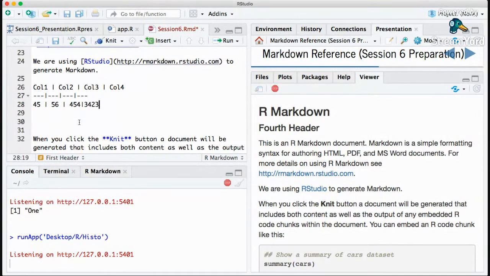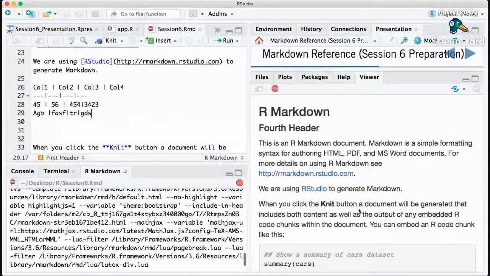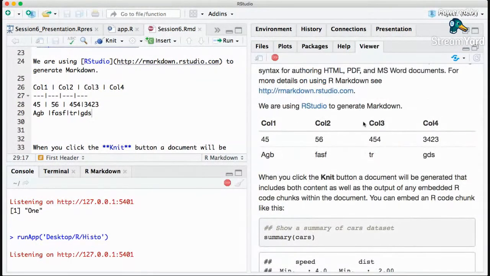You can just keep putting it like this, right? Only the straight lines will signify that it's a new column, and a new line signifies that it's a new row. And you can also make it characters. So I'm just typing random words. Yeah. And let's knit this. Right. So when you knit, you see that it converts this into a nice little table